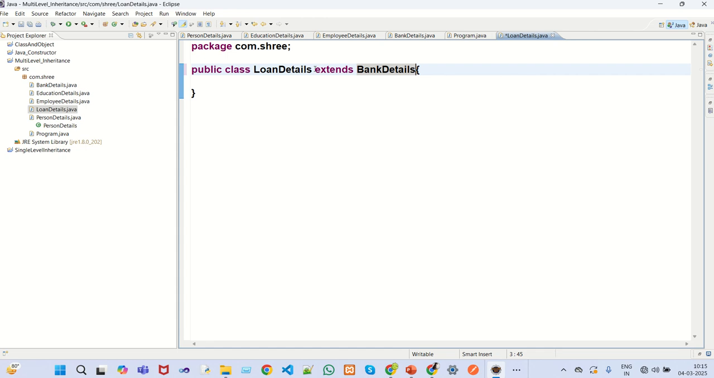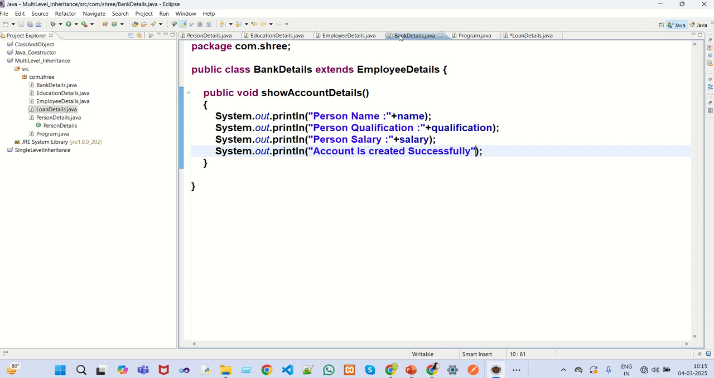Similarly, we can write n number of classes. There is no limit, but I don't want this class. I need to stop the inheritance up to bank details. So what we need to do for that, we'll create this class as final. If we make it final, see,